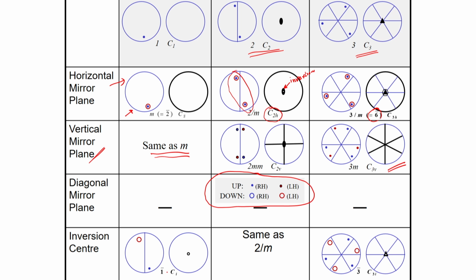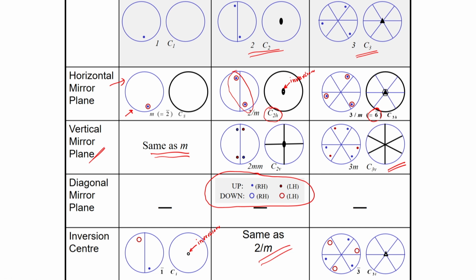Add an inversion center to point group 1. Well, you simply have an inversion center here indicated by a small circle, and that is the only symmetry that is there, and basically the up point gets inverted to the down point along with the change in handedness. If I add an inversion center to the point group 2, essentially I will get the same group as already discussed, called the 2 by m point group, and you can see why that would be the case, because if I add an inversion, essentially I will end up generating the same point group.